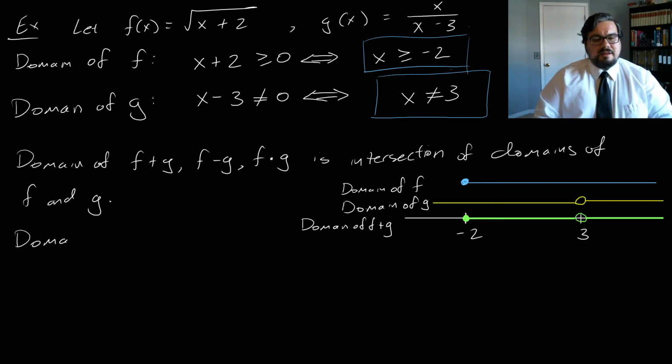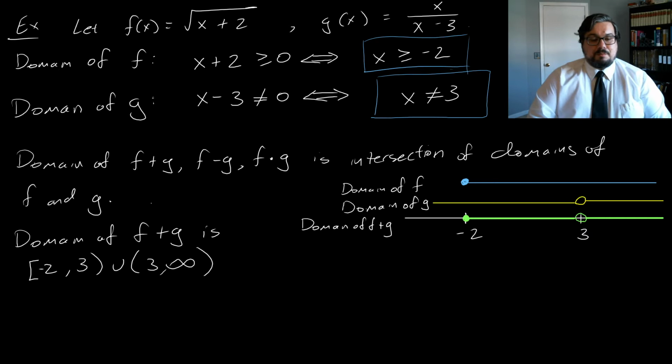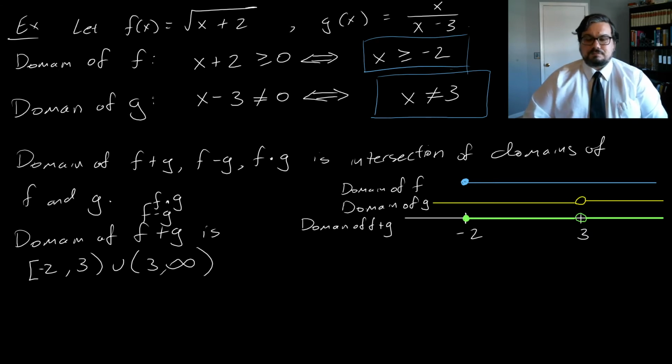So for the domain of f plus g, f minus g, f times g, that's going to be the union of intervals from -2 to 3, not including 3, and then from 3 to infinity. So that's the green line that we have on the diagram. So that's the domain of f plus g, f minus g, and f times g. So that's all great. Now let's consider, what about